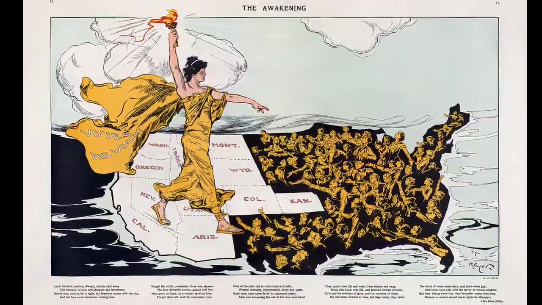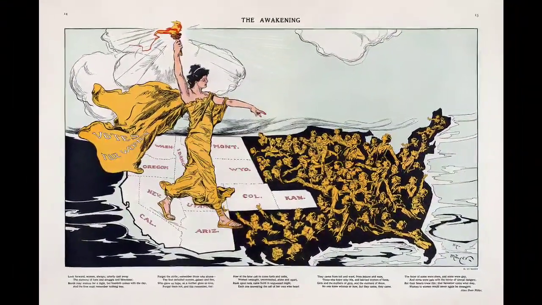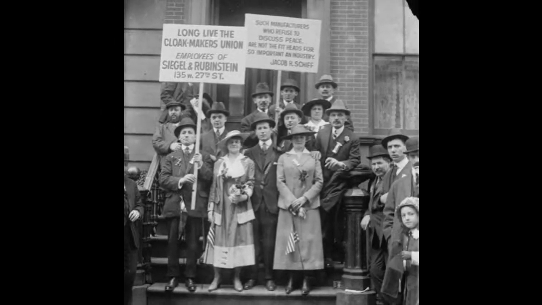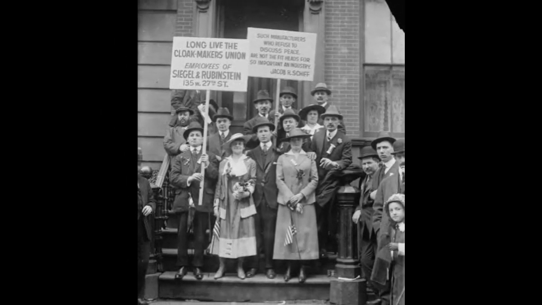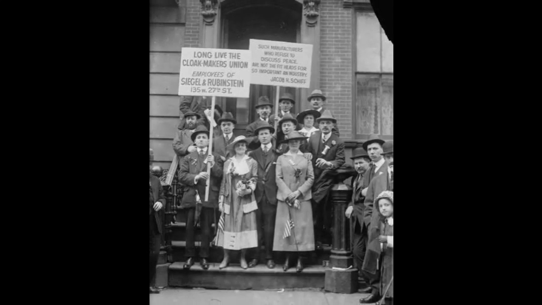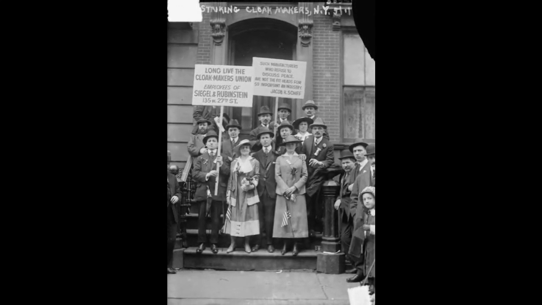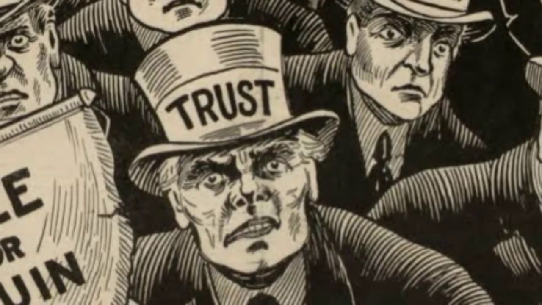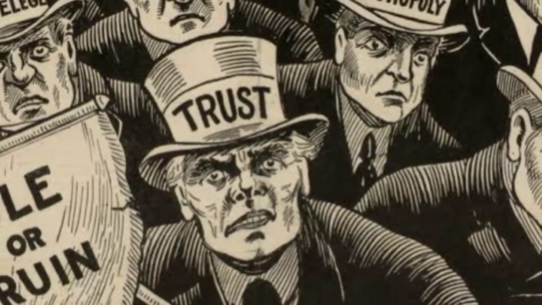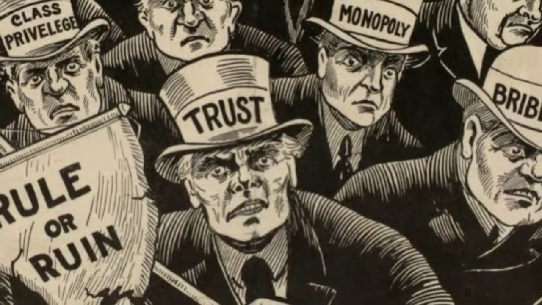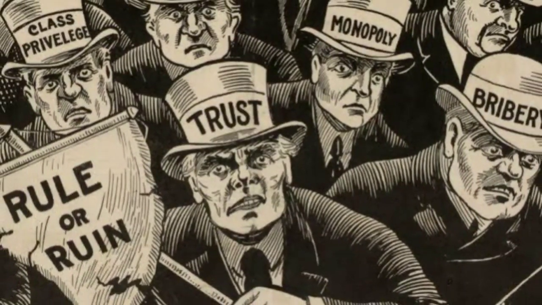Key reform areas and achievements. The Progressive Era was marked by a number of important reforms and achievements across various areas. 1. Political reform. Direct democracy. Progressives pushed for reforms that enabled direct participation in government. Initiatives such as direct primaries, referendums, and recalls allowed citizens to have a greater voice in political processes and to